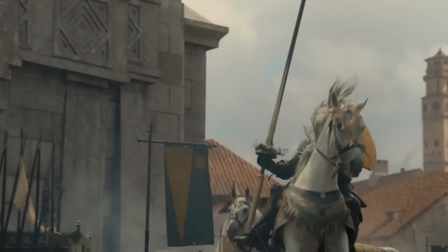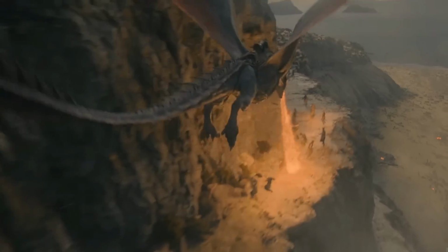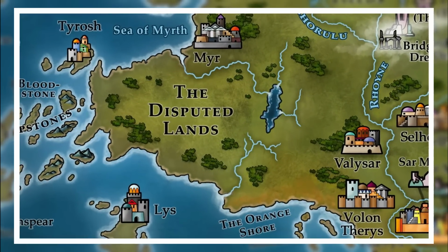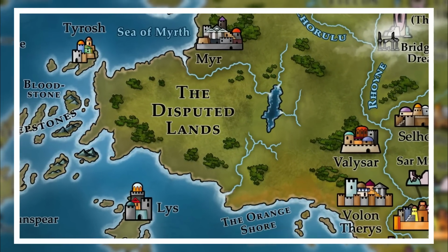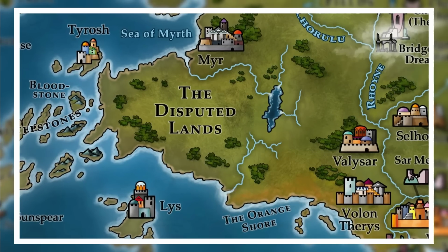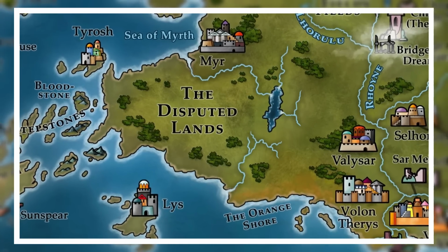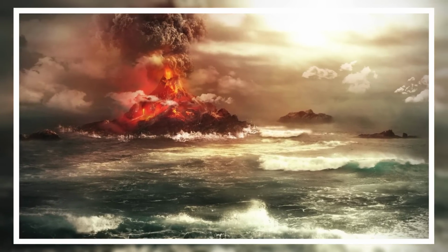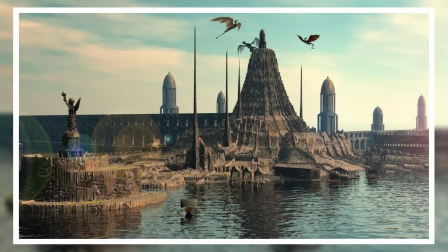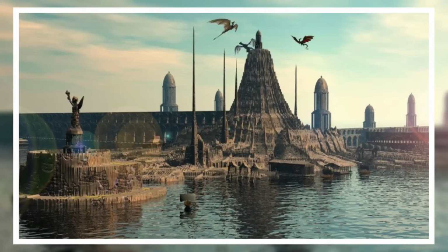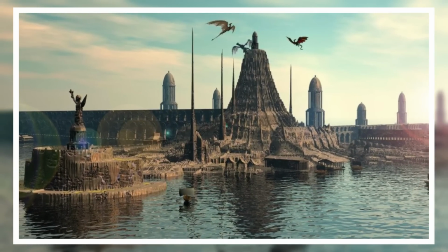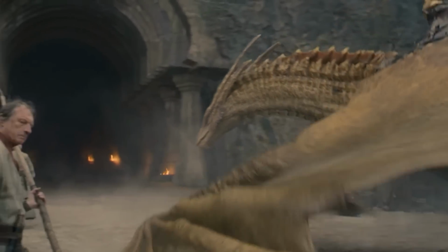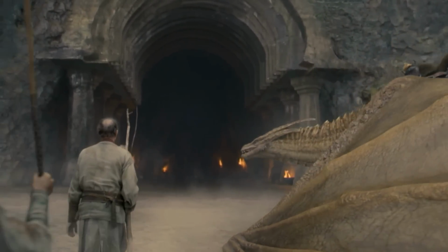While that's not the case with House of the Dragon, there are still a few other players, such as the Triarchy, which is essentially an alliance between the free cities of Tyrosh, Lys, and Myr, which had survived the Doom of Valyria. We often hear of the Doom of Valyria, but not many know what it actually was. Well, the Valyrian freehold had survived through 5,000 years and is one of the greatest civilizations ever. Their magic, steel, customs, everything was considered superior, and they were the first to train dragons.